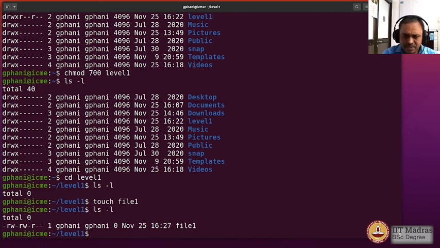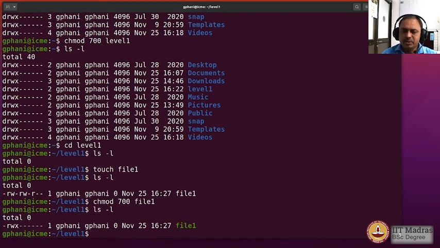Okay, and there are some default permissions that were also given. Now we will change the default permissions again according to chmod. So let us say chmod 700 file1, and you will see that the permissions have been modified. So like this we can actually adjust the permissions of any file or folder. We have seen that we have done it for the folder called level 1 and for a file called file1. Okay, now we can actually make a copy of this file using the cp command.